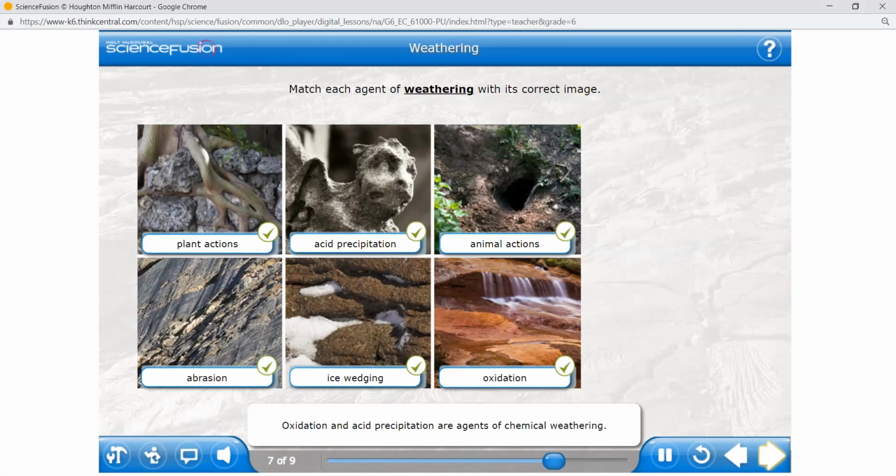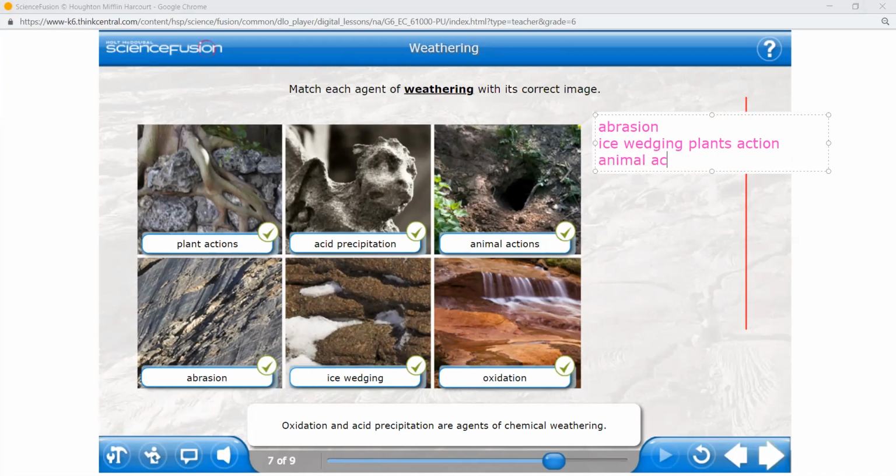Oxidation and acid precipitation are agents of chemical weathering. Okay, girls, so do you know the names of physical weathering and chemical weathering? If I make a column here and write physical weathering, you will say, teacher, it's abrasion, it is ice wedging, plant action, animal action.